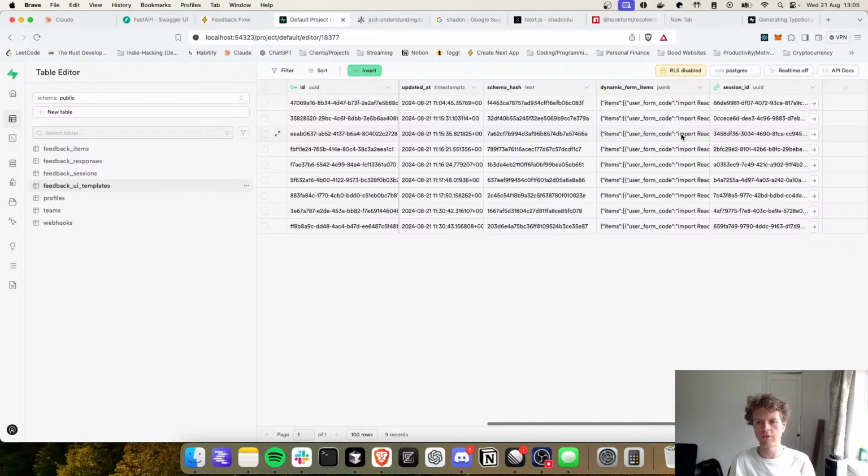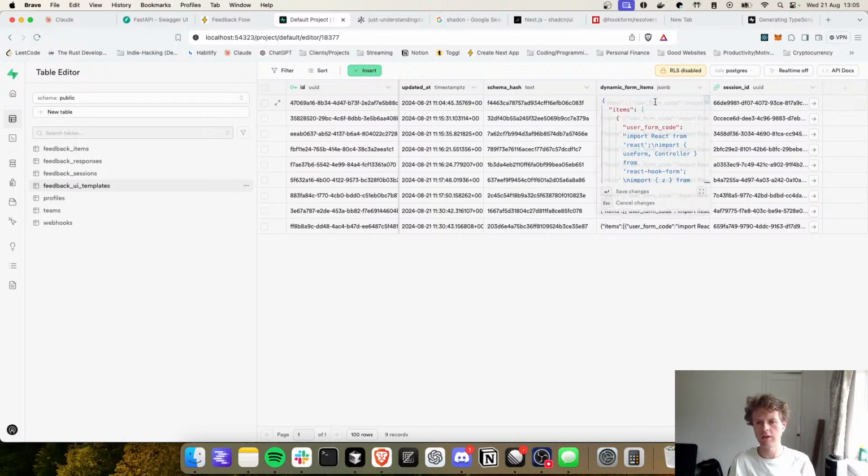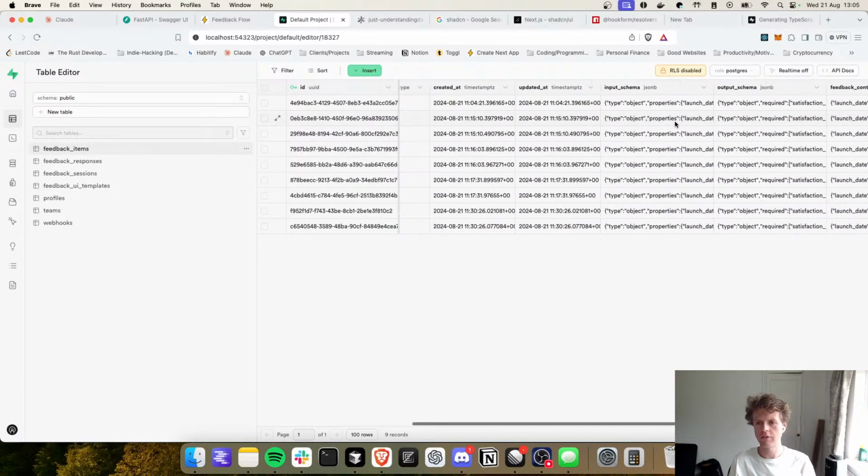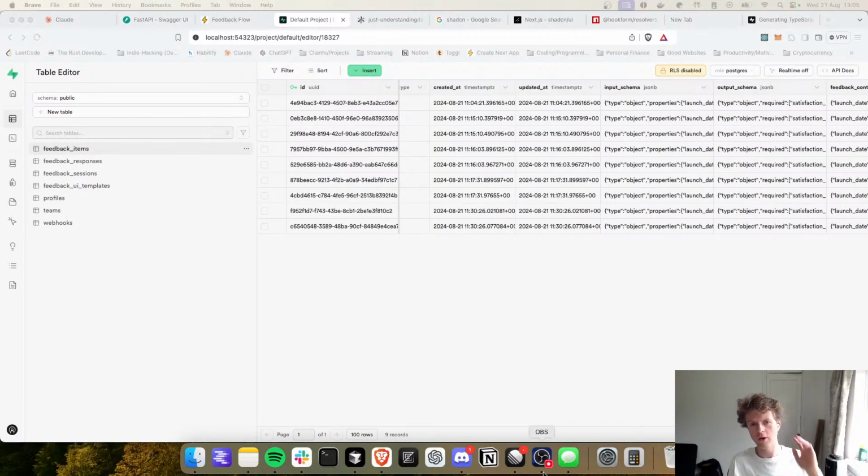So I think we'll still save it in a separate place, but we need to maybe make one row per feedback item, or at least have some code in here where we can easily figure out which feedback item has the UI for this. So that'll be what I'm going to do after lunch, and then hopefully we can crack that. All right, cool. Have a nice